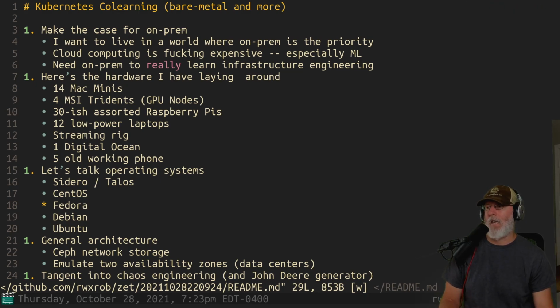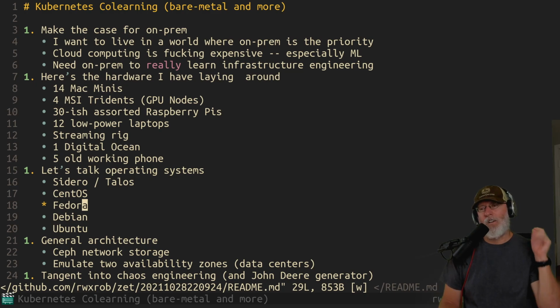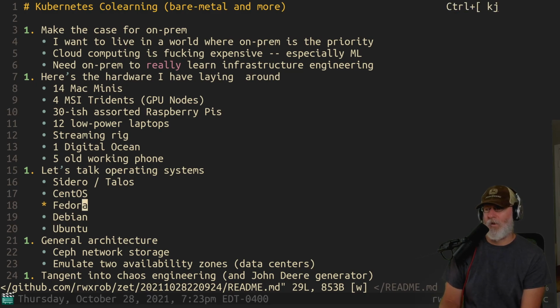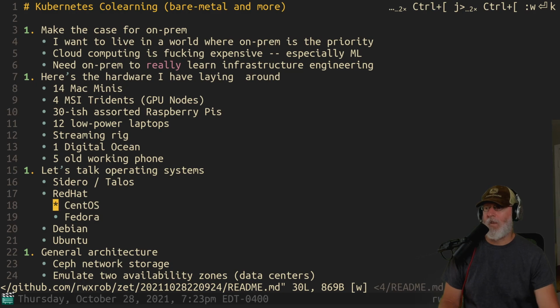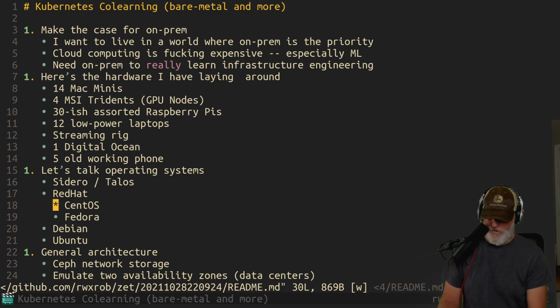You said not Red Hats. Did I say that? No, I'm sorry. Let me qualify that then. What I mean is the non-Red Hats. So there's CentOS, there's Fedora, and I'm going to put Red Hat because I don't think I can try. These are Red Hat without the Red Hat, right? So there's a couple others actually. I know, but CentOS is gone, but it got picked up again. It did. I swear to God.